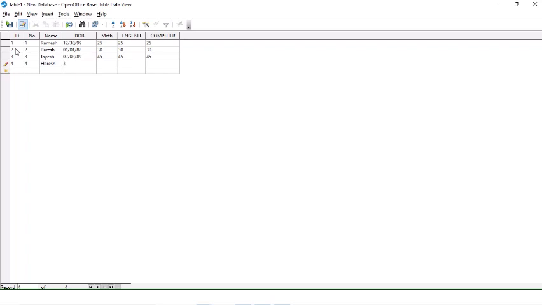Harish, 3, 3, 1990, and here we are entering 33, 43 and 47, and lastly 5, 5. Nilesh, 4, 4, 25, 30, 31 and 32. Now once you complete it, you just have to save your current